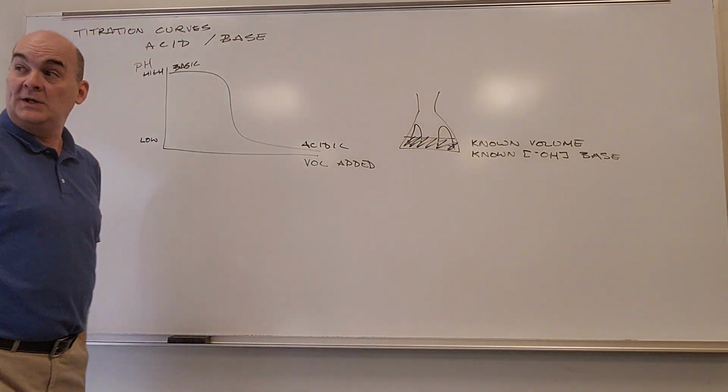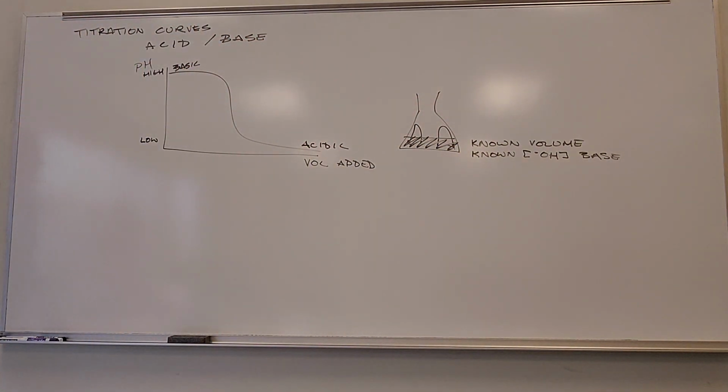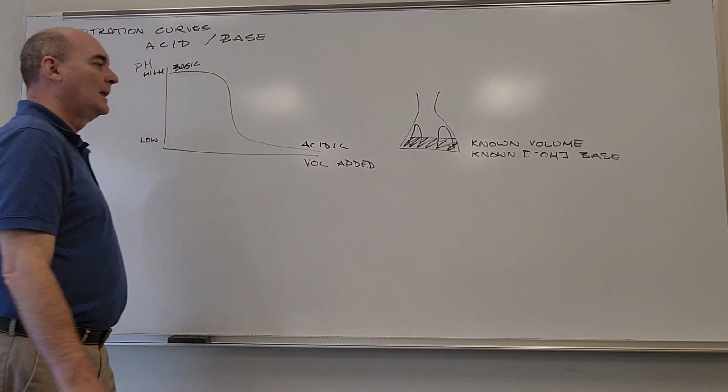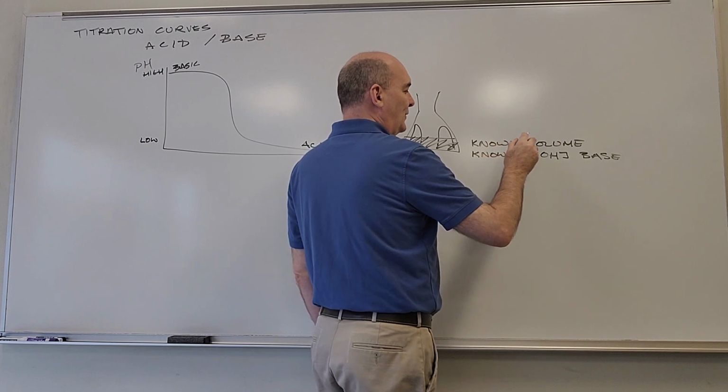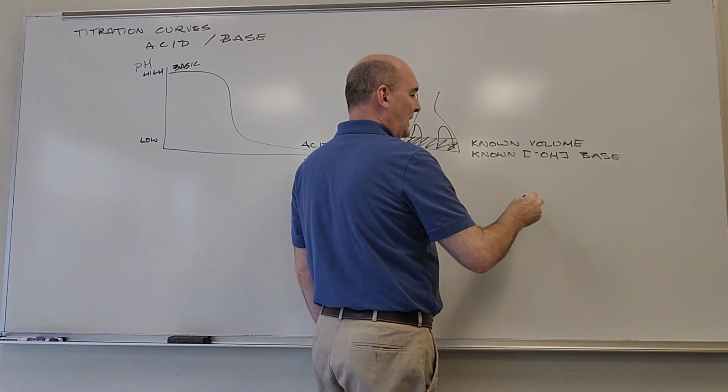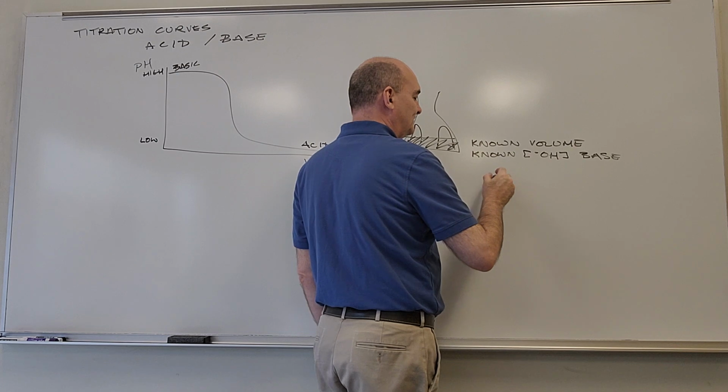And as far as we're concerned, acids put H plus into solution, bases take H plus out of solution, and the thing that takes H plus out of solution is hydroxide. Even if it's not a hydroxide, that's how I'm representing it right now. So, if I know its volume and I know its concentration,